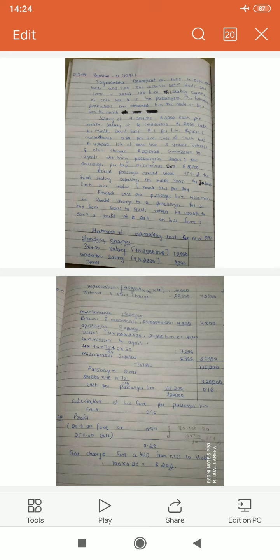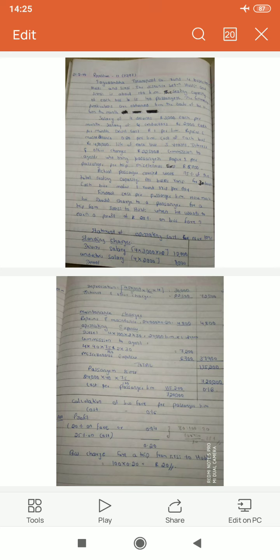Consumption rate of diesel is at the rate of rupee 1 per kilometer. Therefore, diesel expense per month arising out of 4 buses is arrived at rupees 24,000. Now, which is the next expense? Commission is paid to agents who bring passengers at rupee 1 per passenger per trip. Now 1 per passenger per trip is an interesting point, but it needs a bit of concentration also.